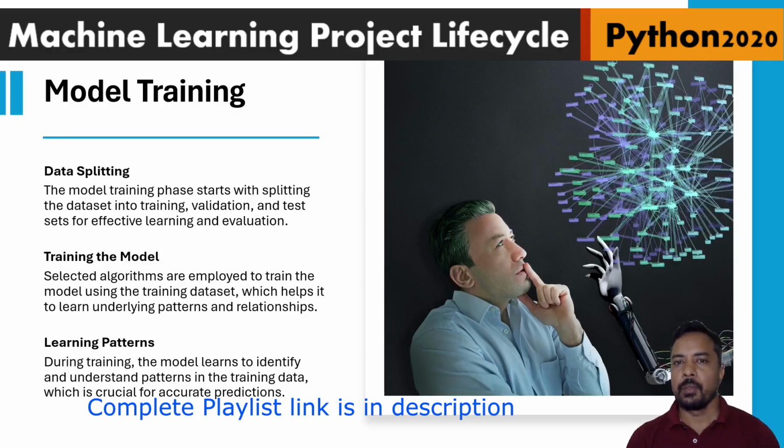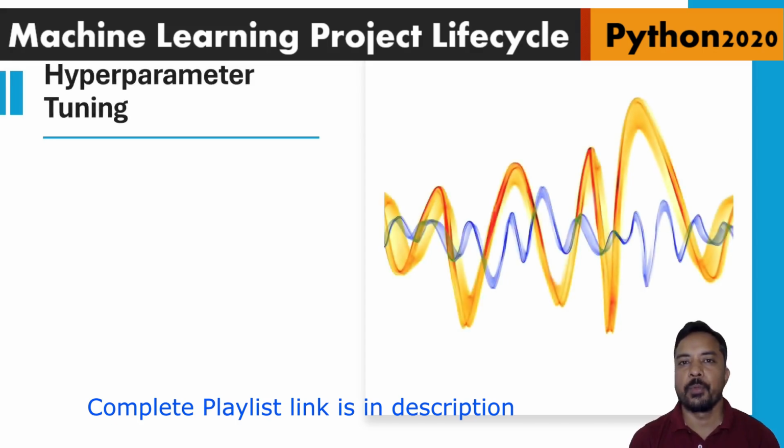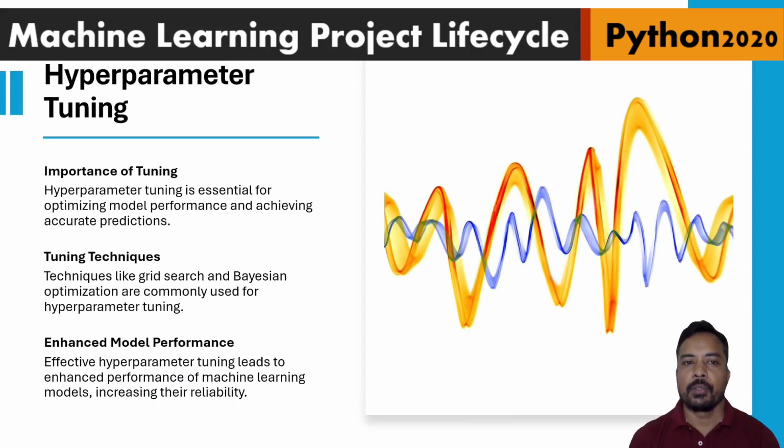All right, so let's move to the next step. Once we have done model training, the next step is model hyperparameter tuning. Hyperparameter tuning is a critical step to improve the model performance by optimizing the settings that control how an algorithm learns and reacts. Unlike the parameters that are learned from the data, like weights in linear regression or correlations,